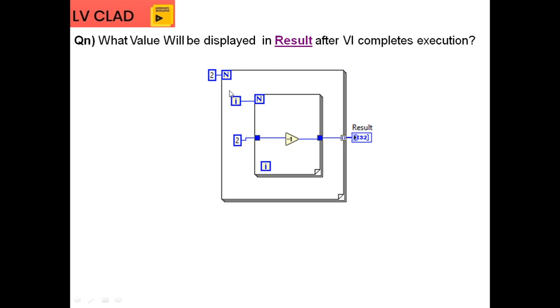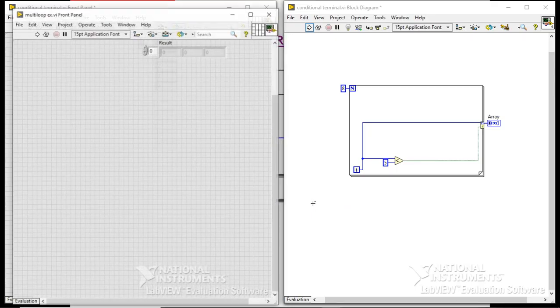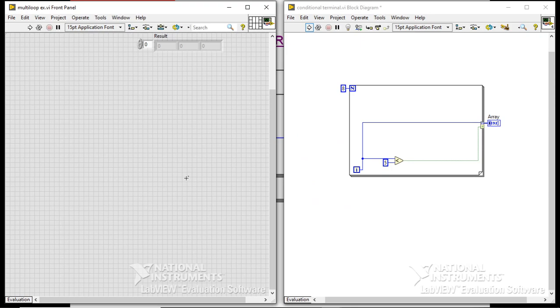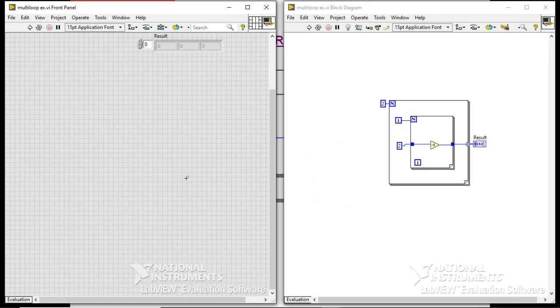The outer loop's i has been wired to the n terminal, which is also an integer, a signed integer, so it is allowable to connect to the n terminal. Let us move to the hands-on answer. Whenever you have an execution, just put the code and press the debugging tool, that is highlight execution, then you can understand the concept.